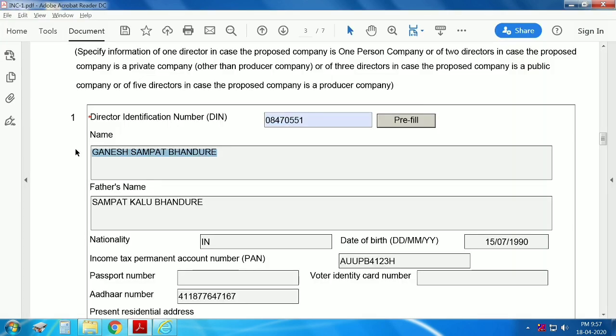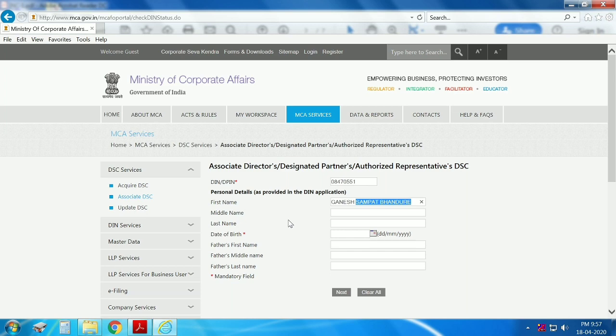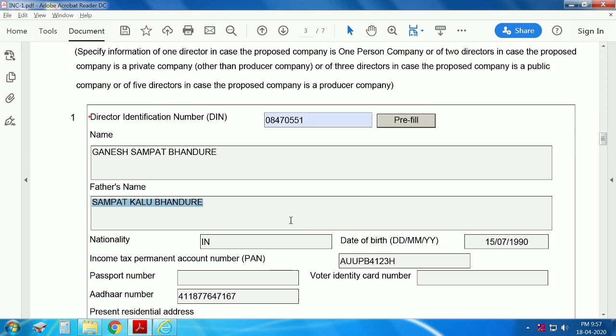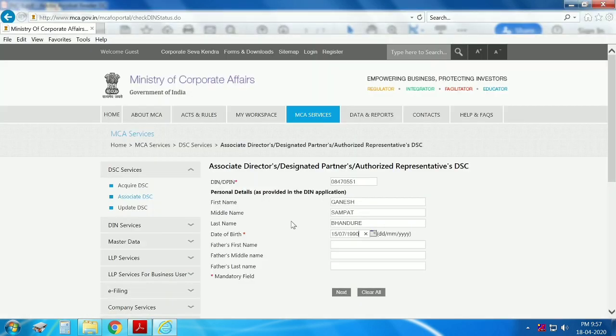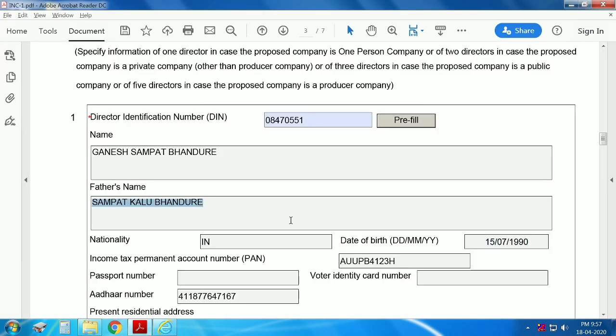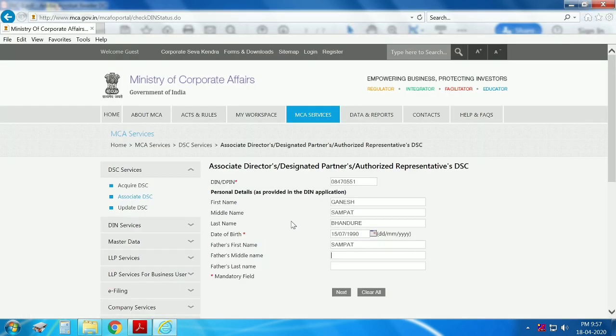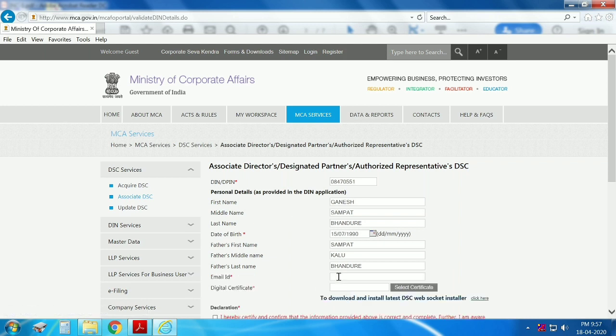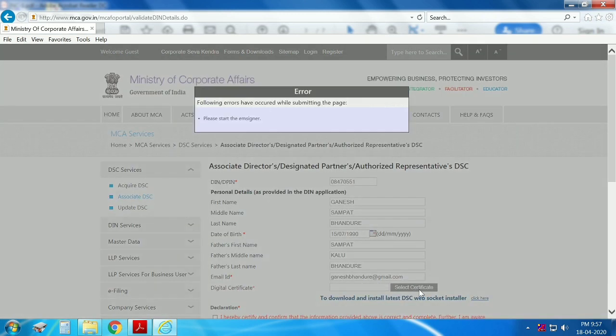Enter your name, your date of birth, click next, enter your mail ID, select certificate.